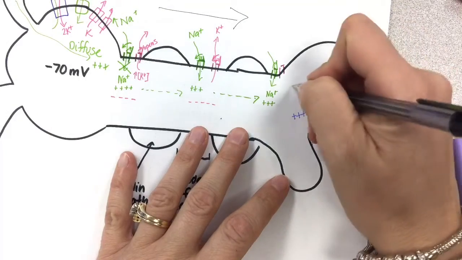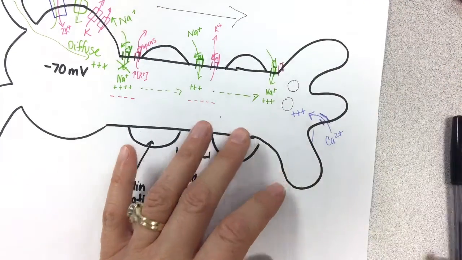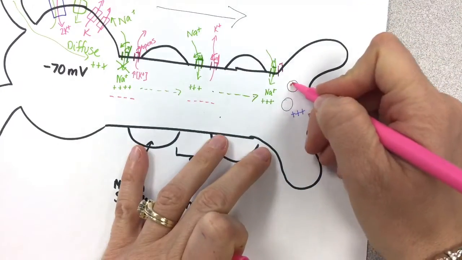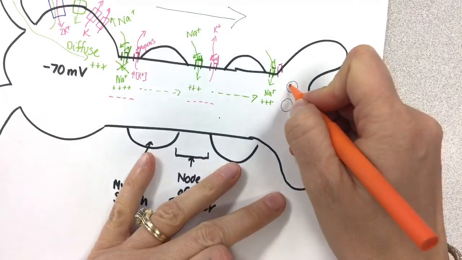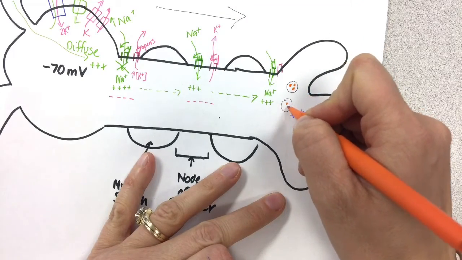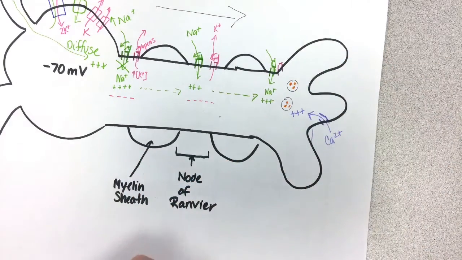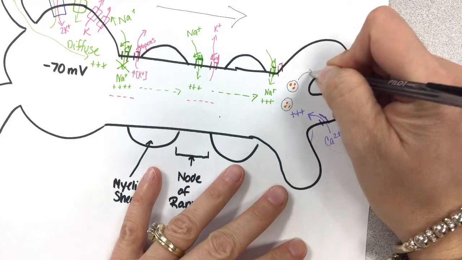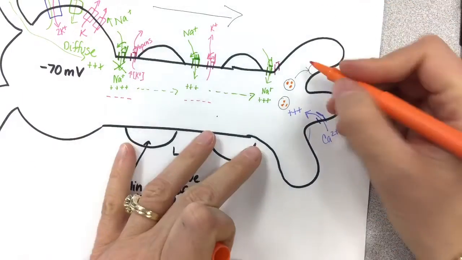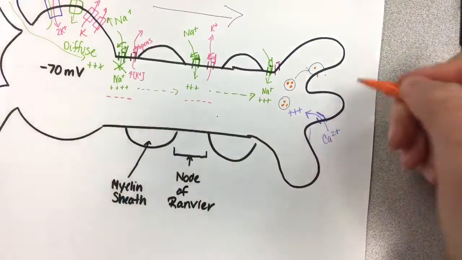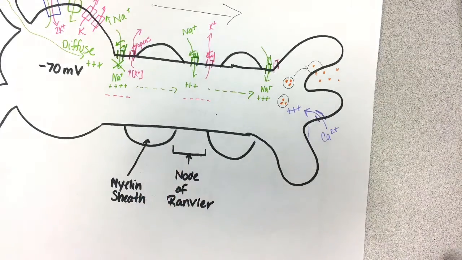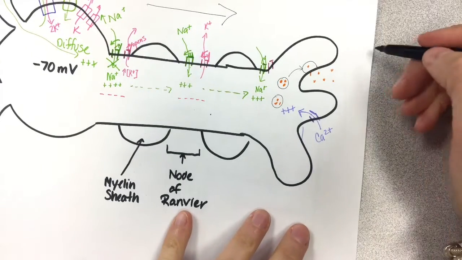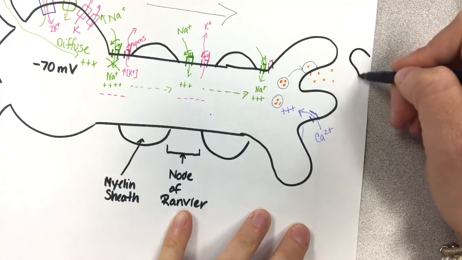That's going to cause our special vesicles in here that have the neurotransmitters. Oh, I used pink for potassium. Let's do a different color. Let's do orange. It has the neurotransmitters inside, causes those to come over here and fuse with the membrane, releasing the neurotransmitters into the synaptic cleft. And then let's do the dendrite of the next neuron. So here's the dendrite